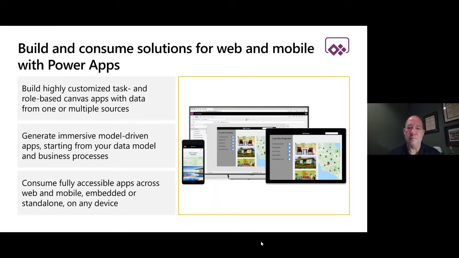SharePoint Online, Dynamics 365, SQL, and Excel Online. Additionally, you can connect your app to over 325 connected data sources. Power Apps easily supports multiple data connections, allowing you to bring data together from many platforms into a single app. And lastly, Power Apps has